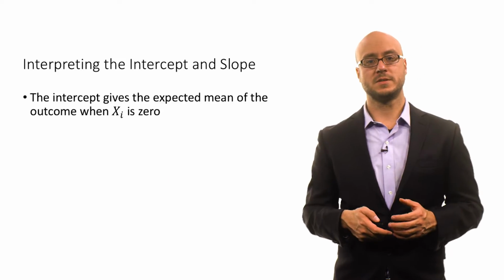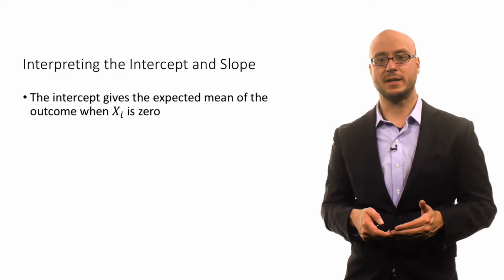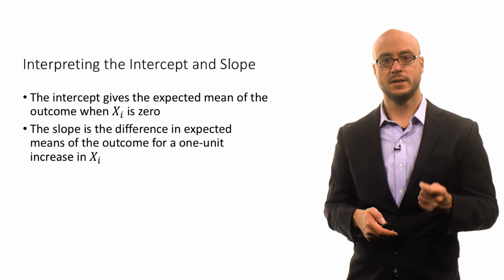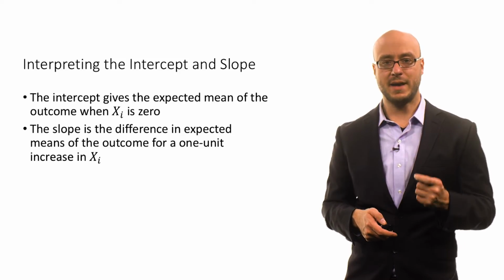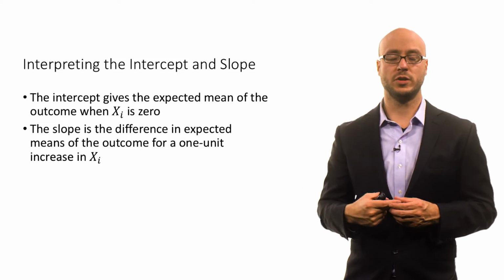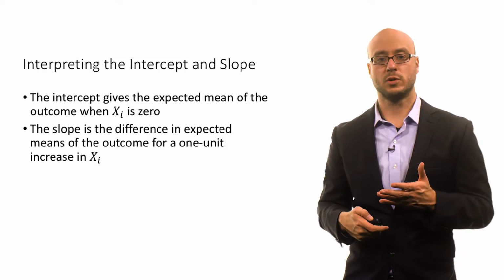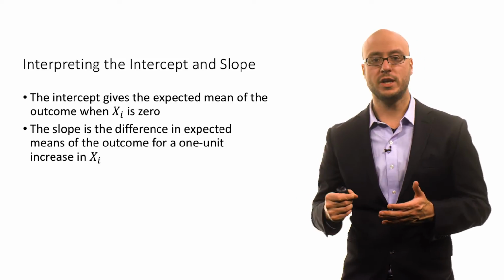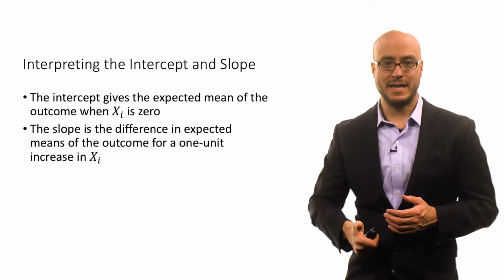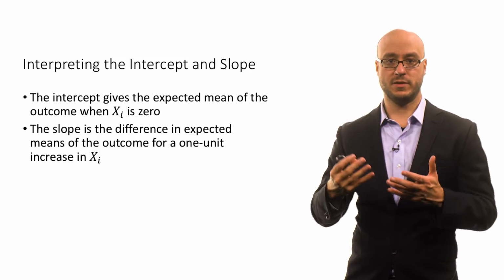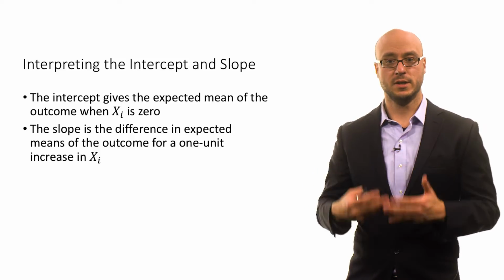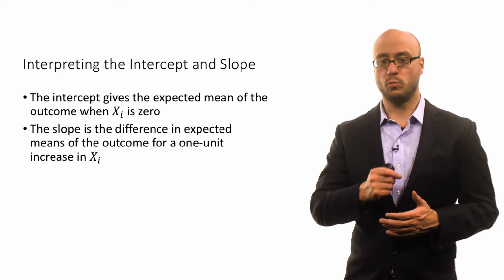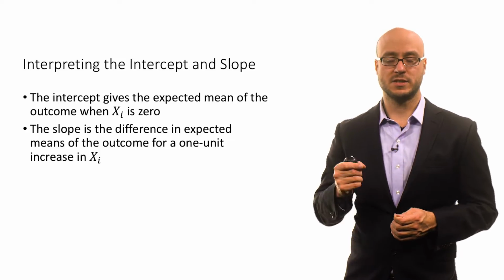So how do we interpret the intercept and slope? Well, the intercept gives the expected mean of the outcome when x is 0, and the slope is the difference in expected means of the outcome for a 1 unit increase in x. Or for shorthand, we might say for every 1 unit increase in x, we expect the outcome to change by whatever the value of that coefficient is. So for the cricket chirps example, we'd say for every 1 unit increase in x, we expect the